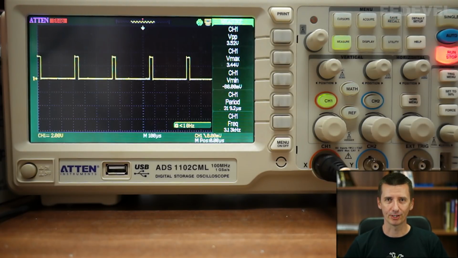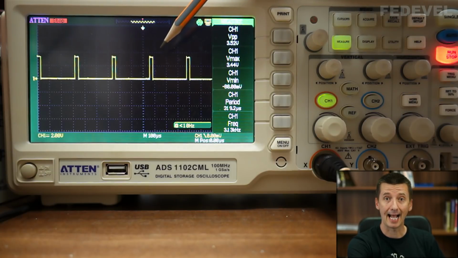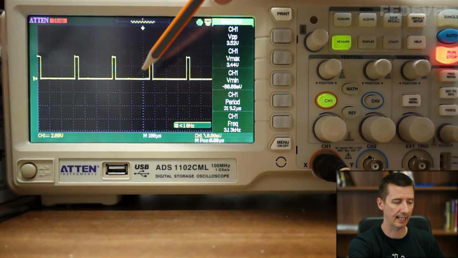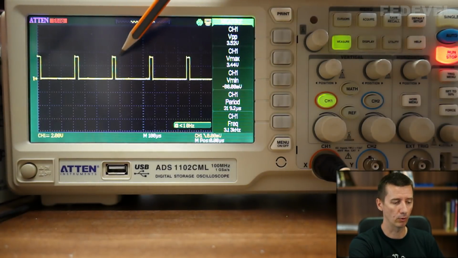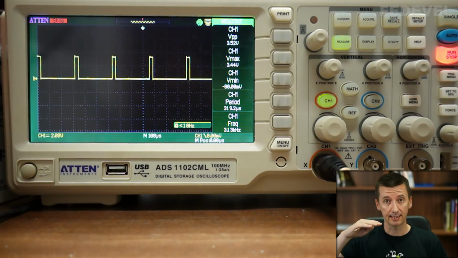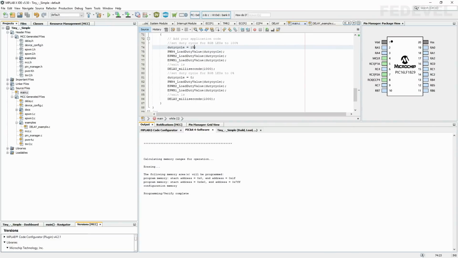What can we measure here? We can measure the frequency of the pulses, or basically the time between rising edges of the pulses, and also we can measure the duration of the pulse, so when the pulse stays high. What numbers should we get? Do you know? The numbers what we set in our software.